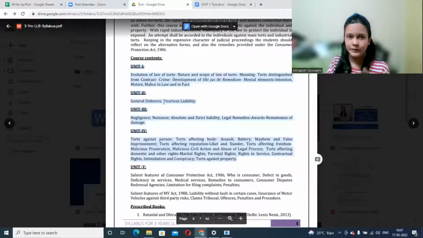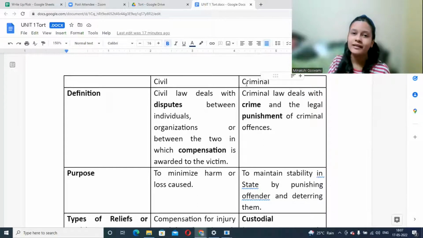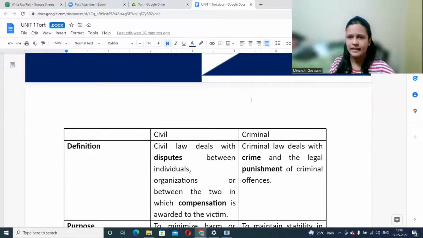Now, before we start with tort or any subject for that matter, one very basic understanding is the difference between civil and criminal. Because in a lot of cases, you will see different types of cases going on in the court, different types of court we are having. All these are based on this classification only. I'm not talking about Supreme Court or High Court, but the subordinate courts that we have. They are based on this classification. All the different cases that we see, you can classify them into either civil or criminal. Okay. So what is this difference? What do you think is the difference, civil and criminal?